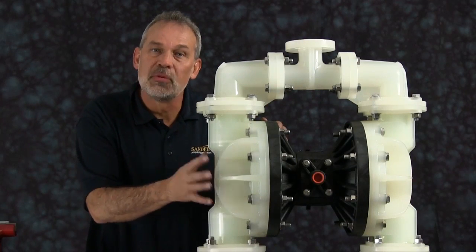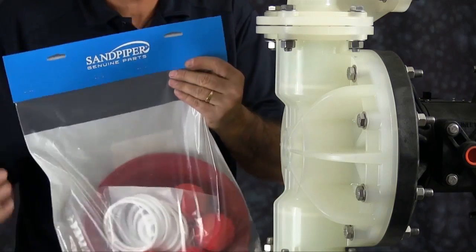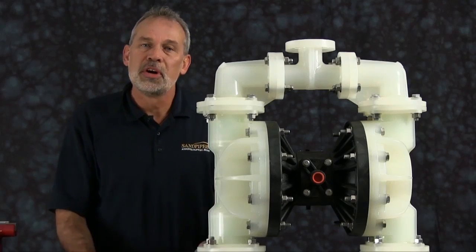That completes our airside rebuild of our S15 non-metallic. If you're doing a complete rebuild, you may also want to see our wet side rebuild, or for additional information,